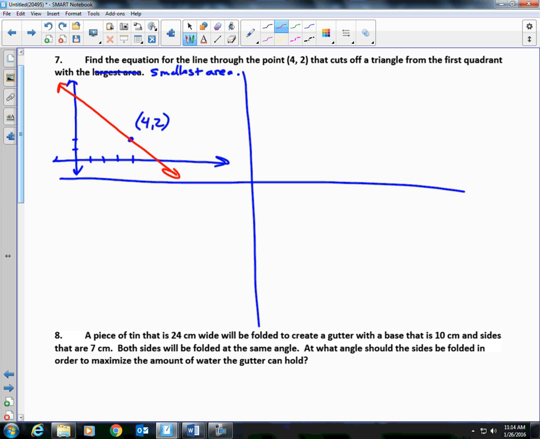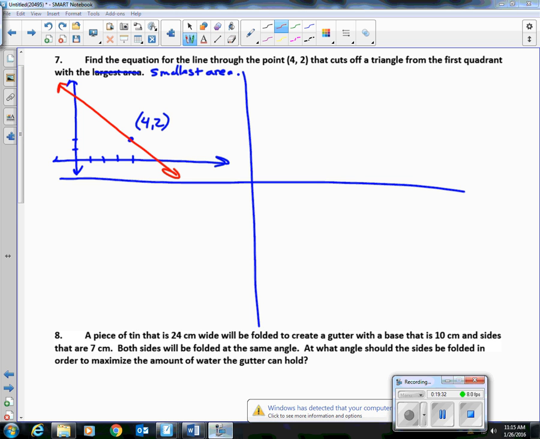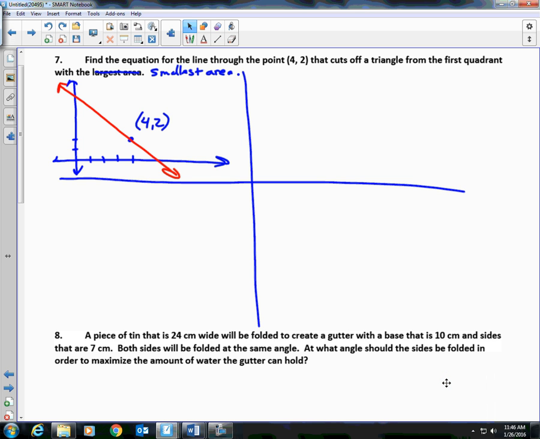It says it cuts off a triangle. I don't know how else it would know. Exactly. So she sees the issue here. The goal is to write on the page in front of you, right? What two things do you need to write in front of you? Write the point out, but we've got to find the slope. Okay, here we go. So we've got our